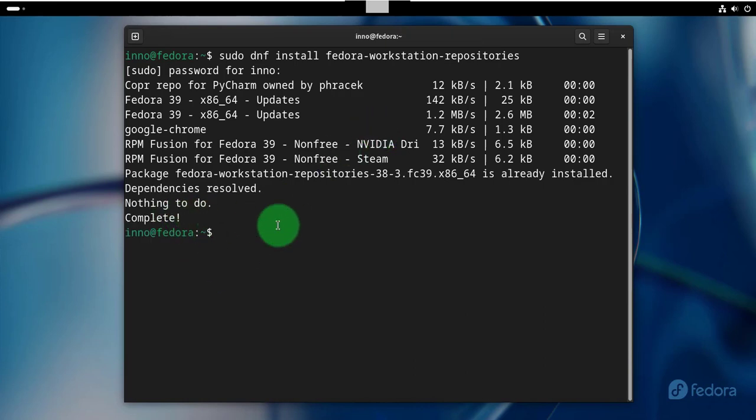Okay, so that's completed. Next thing we'll do is to enable the Google Chrome repo, and the command is sudo dnf config-manager --set-enabled google-chrome,